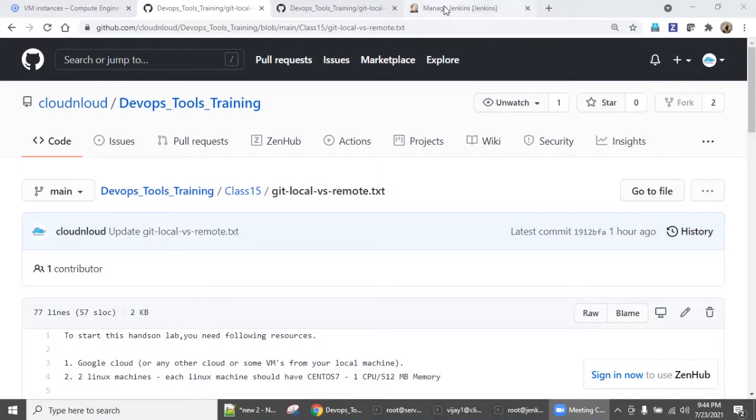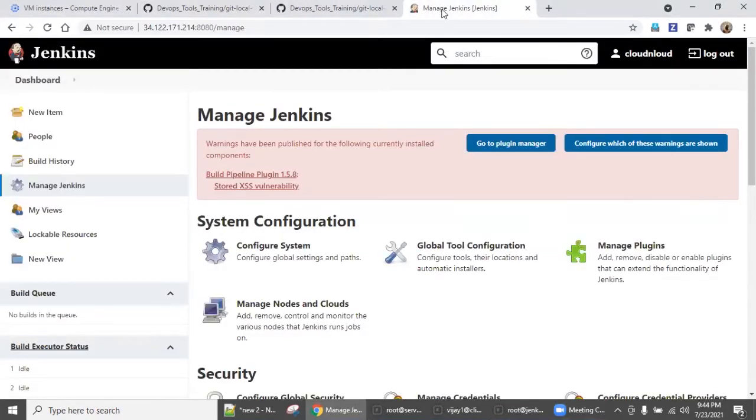And also, we are going to see how things are working. I'm a developer. If I change the code, how is Jenkins going to detect it, right? Already we have seen it through the GUI. As part of this class, we are also going to see it through the command line.